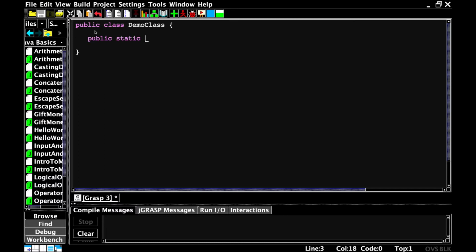And the main method is basically a function of a class that executes first. So the compiler is going to look at the main method and say, hey, I'm going to execute this. But this is only going to be the case when you have a program that runs an application. So when you're running an application, you're going to need a main method so that you can execute the program. But if you're creating an object, then the object doesn't need a main method because the main method is going to use the object. You'll see in a second. So public static void main